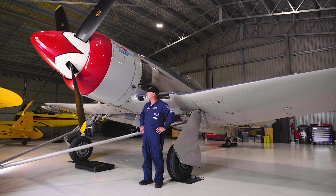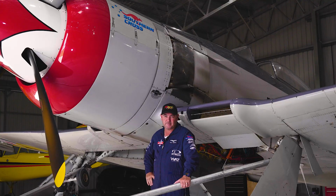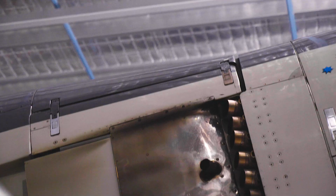And this is actually the fastest single-engine piston fighter ever designed and built. It cruises at TASing around 275 knots. Running speed for an air display is somewhere between 350 and 400. Goes pretty good. Under the cowl of the Sea Fury, it's powered by a 3,050 horsepower R3350 Wright Cyclone 18-cylinder